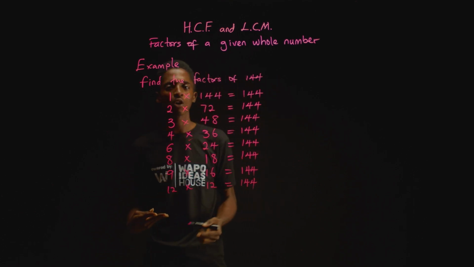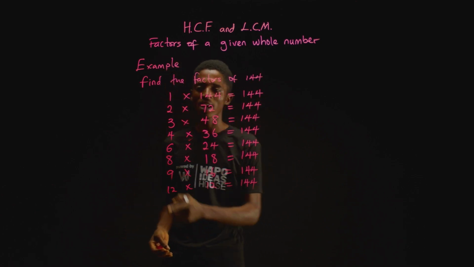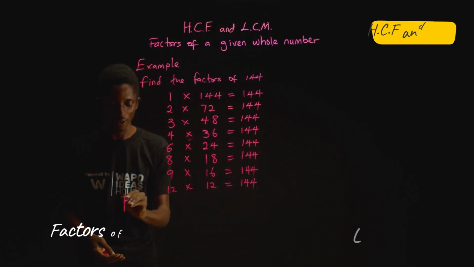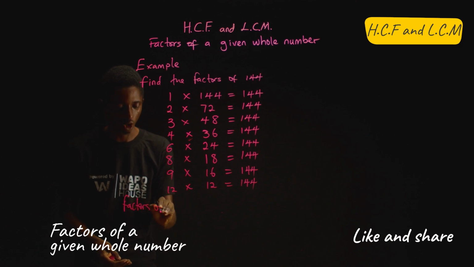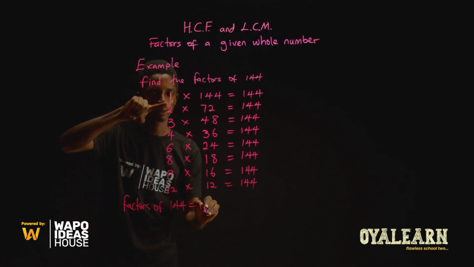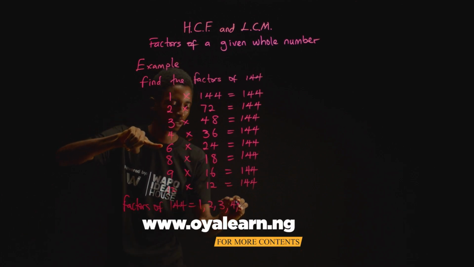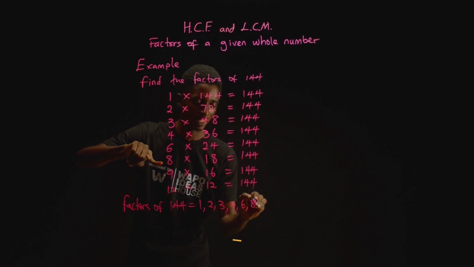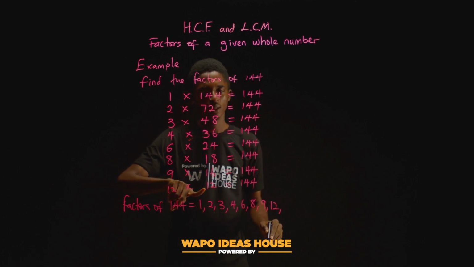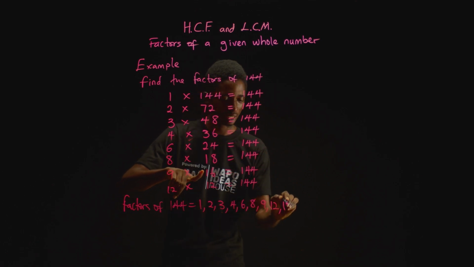And as we have done before, we can use this to obtain all the factors of the number 144 by writing from the left down and then to the right up. That is, the factors of 144 are 1, 2, 3, 4, 6, 8, 9, 12. Now, this is 12 again, so we do not repeat the numbers. So we move to the next, which would be 16,